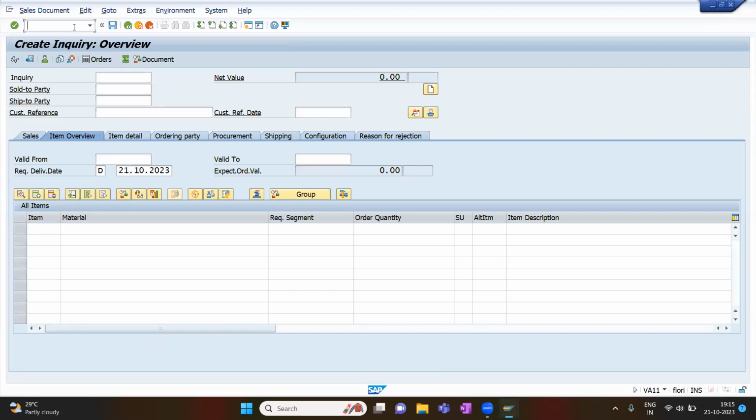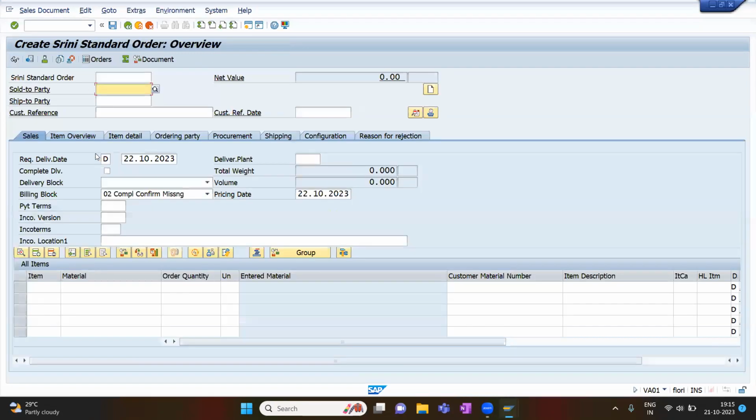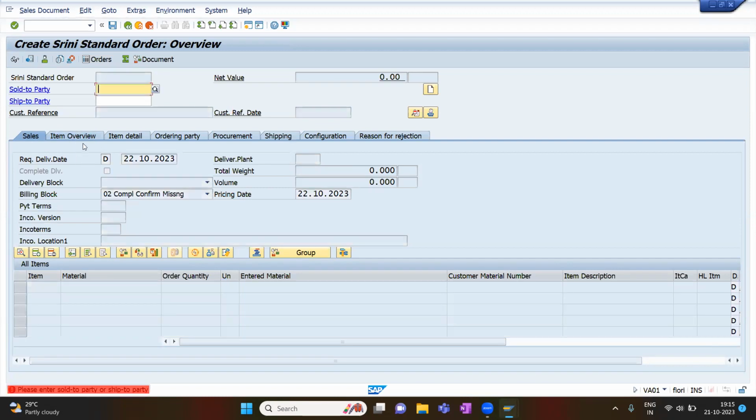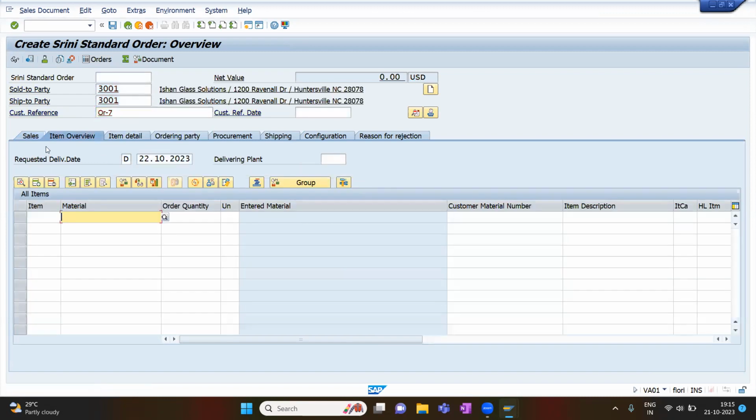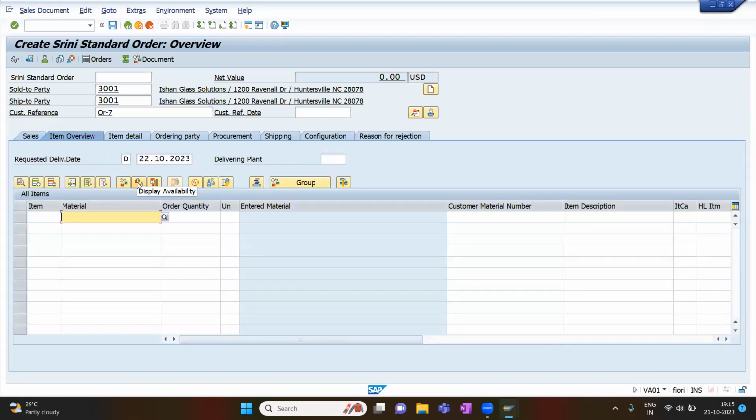If you check how it behaves when you enter a sales document, our standard order type is SR00. If you enter directly, it takes you to the sales overview. In sales overview, these fields are different. Even in item overview, until we enter a customer number and customer reference, the system will not allow you to move forward. We will enter a customer reference number also. It will not allow you to the item. Even in item overview, you will not find this from-to in the